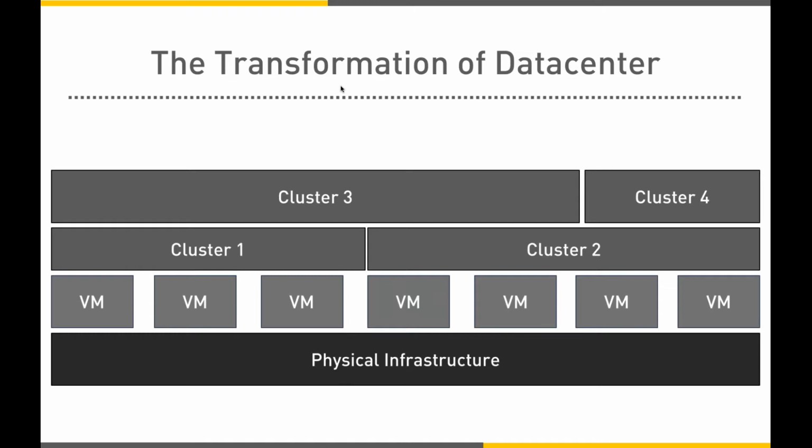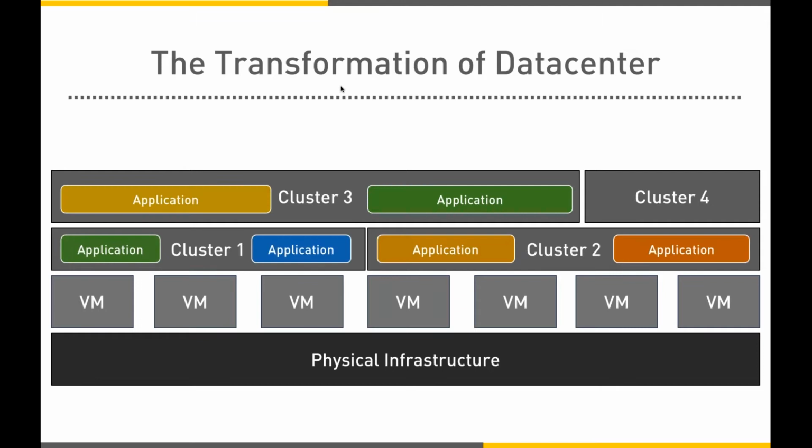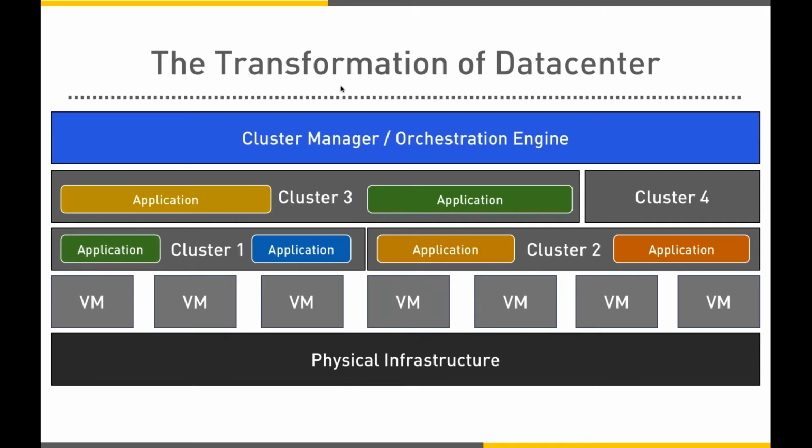infrastructure. But who manages these clusters, and who will decide what application is going to run in which cluster? That's exactly where we have the cluster manager. So the cluster manager, which is also called an orchestration engine, has complete visibility into your infrastructure. At any given point of time, it precisely knows what the available resources are, what applications are running in each cluster, and how a new application should get positioned. If your cluster manager is running in the cloud with an auto scale infrastructure, it can even launch additional VMs to